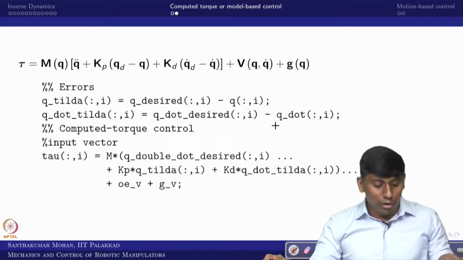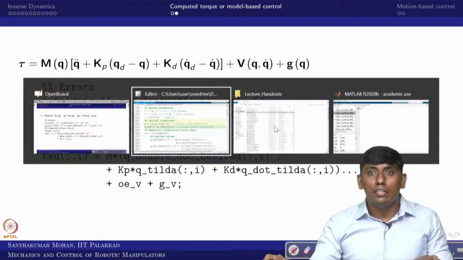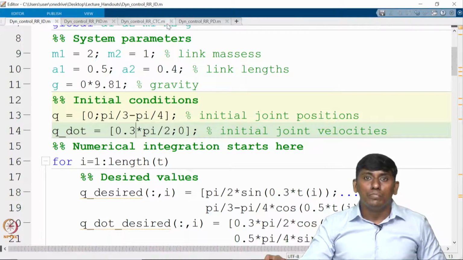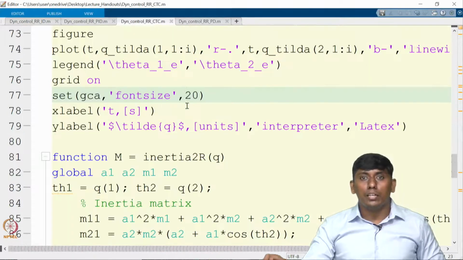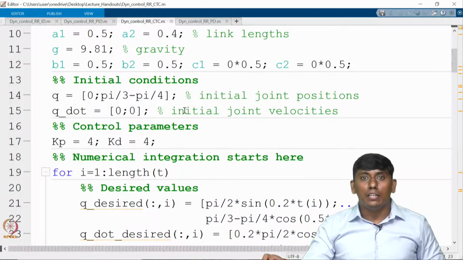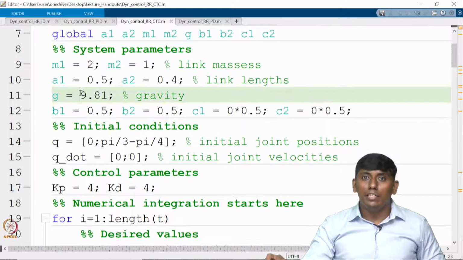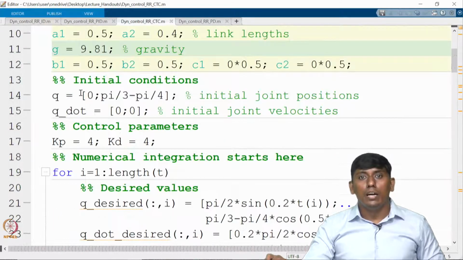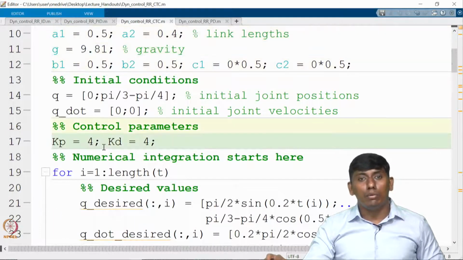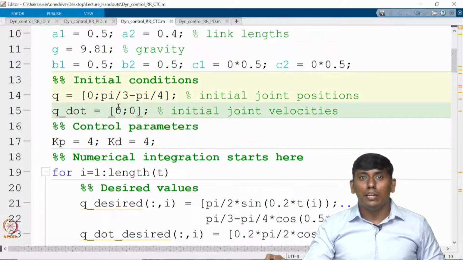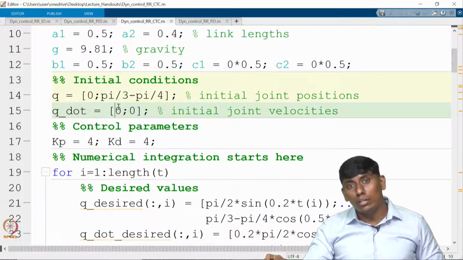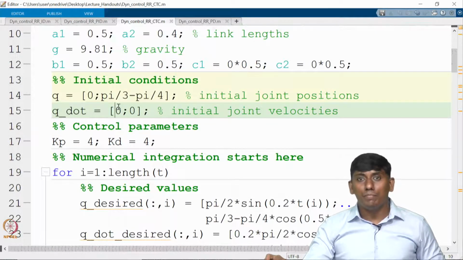Now we will go to the MATLAB code. This is the computed torque control. We assume the gravity is included, and there are two control gains, Kp and Kd, that we have used. Intentionally I make the initial joint velocity not the same as the desired.